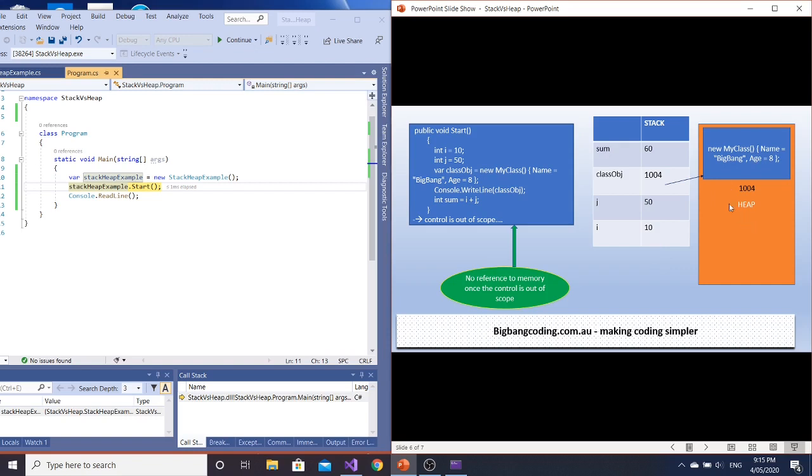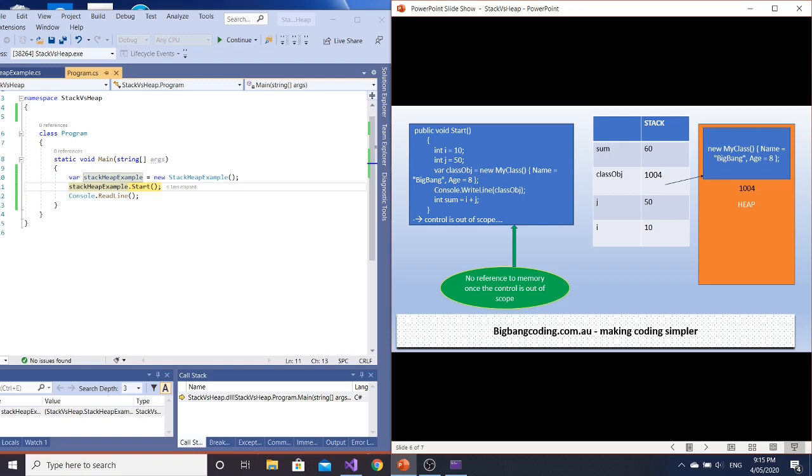However, the heap will still be here, though there is no reference to it. This memory will be deallocated by the garbage collector. The garbage collector decides when it needs to free up space from the heap.